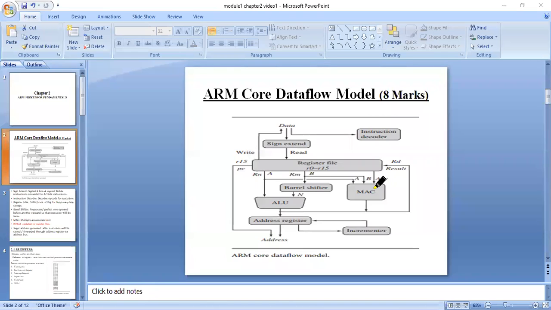It is to perform the same type of operation, but here we will not get a result. MAC will generate an address. Address means what? If I want to store the answer of my C is equal to A plus B, C is equal to 5 plus of bracket minus 2. This is one work I wanted to do. 5 plus of minus 2. So two parts will be generated. One is the result as 3 and the address where I want to store this. The result is generated by the ALU, where to store is generated by MAC.